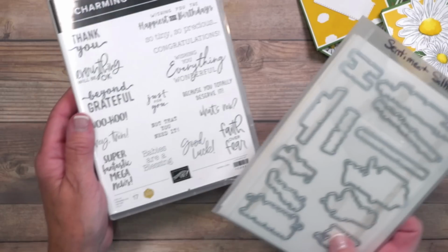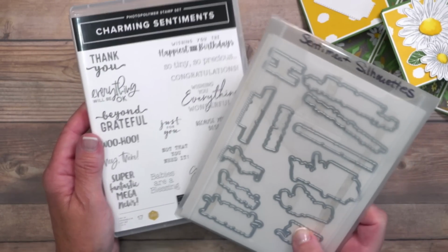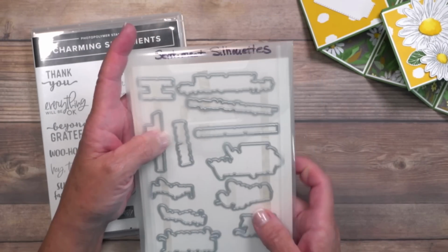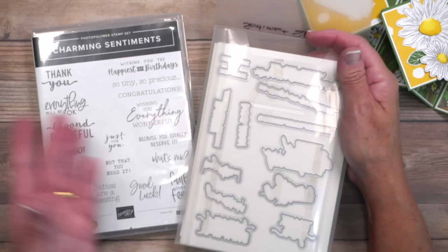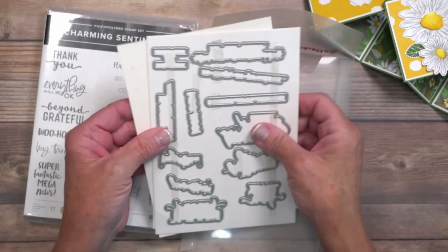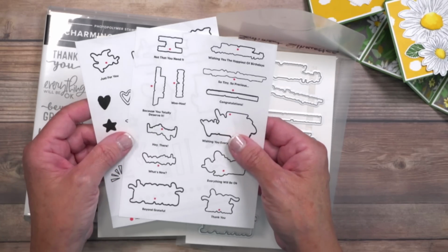stamp set. Now this stamp set I did design as part of my $1 Million achievement with Stampin' Up. And when the dies came out with it to coordinate, when Gina and I got it, we immediately saw that it needed a template, because how do you know which die goes with this without a hunt and peck? So we created a free digital download for you that you can find over on my website at lisastampstudio.com under